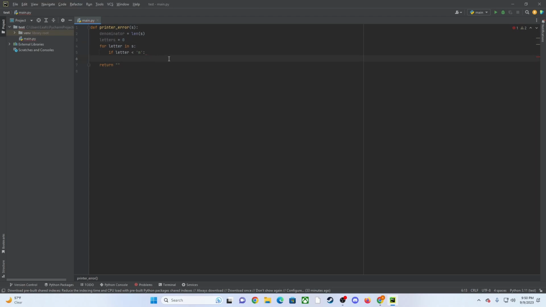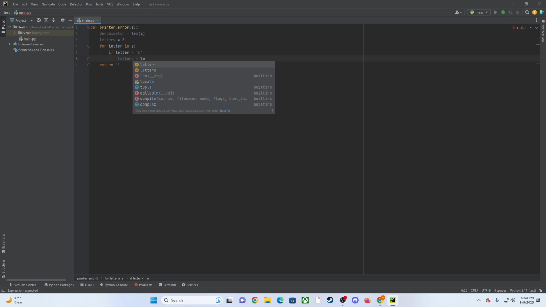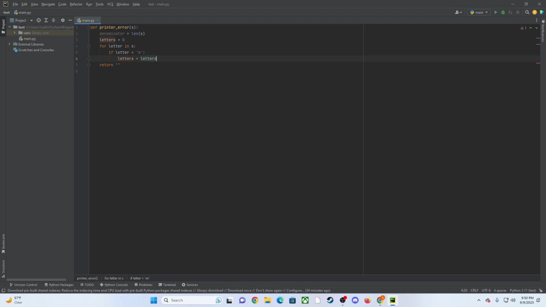Letters is equal to letter. Instead of letters, a much better name for this would be errors, because we're just counting the number of errors here. Plus one. Alright. And then return